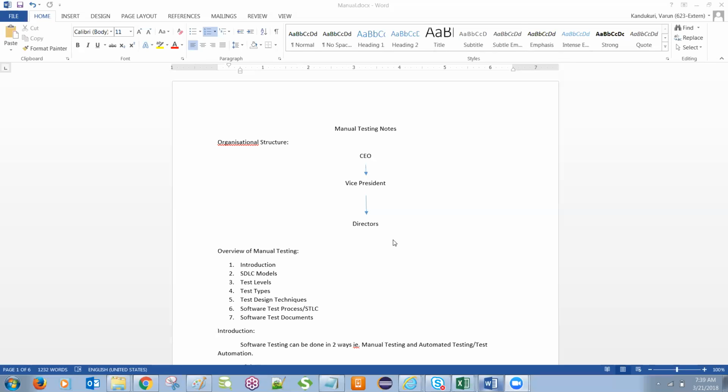He will get an appointment from the client, and he comes back to our organization and says to the director that okay, I got an appointment from the client, please go ahead and explain about our organization. The director collects all the information from the sales team and says, okay, what type of client he is, what type of projects we can prepare, which we can show to him or show to her as a